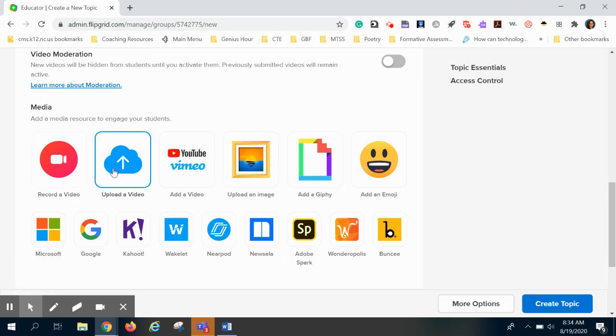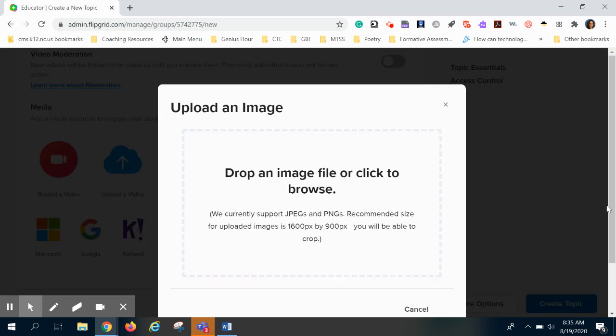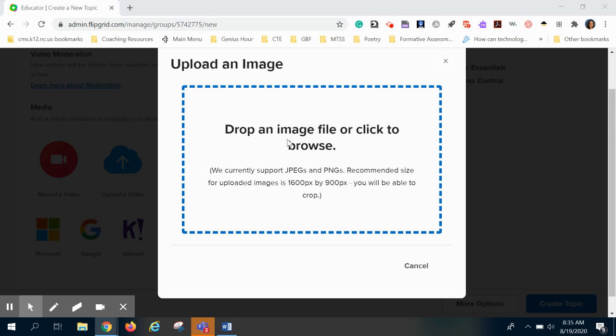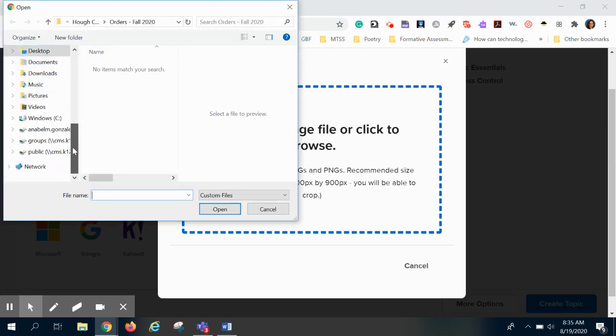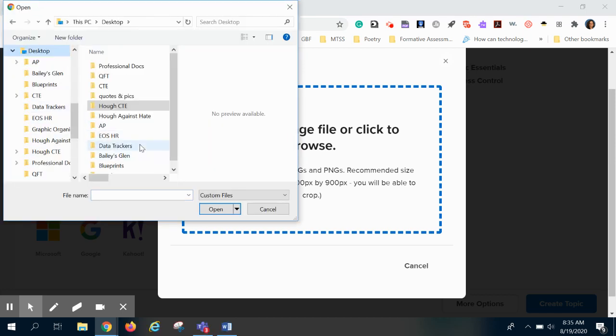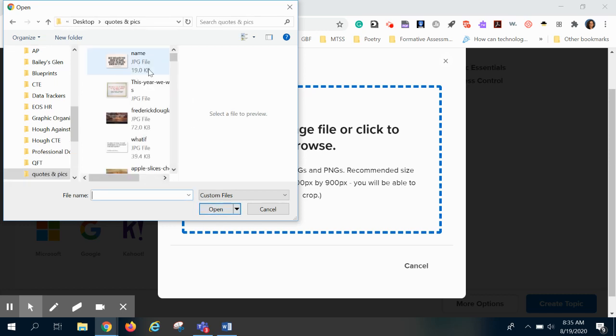If you have a pre-recorded video, you can upload a video, and you can do this with a screencast as well. You can certainly add a video from YouTube. You may have an image. So there's just a lot of different things. There's lots of other apps that you can incorporate, but I'm just going to simply upload an image. So I'm going to go into my files, and I have some quotes on my computer. I love motivational quotes. Oops, sorry. So I'm going to open up my quotes, and